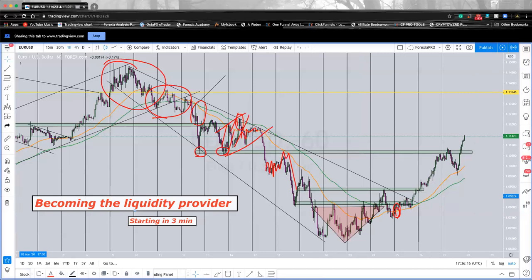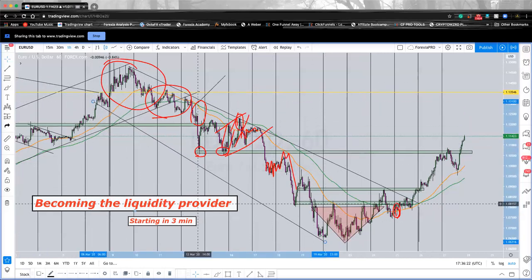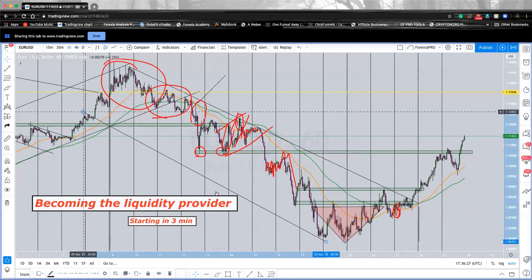How do we predict the next move? You predict the next move by finding the traps. Who's getting trapped and what is the direction? Like buyers or sellers. When you find that a trap is happening, you see 1, 2, 3 days price below this level on a downtrend, not moving down, staying down here, keep rejecting these zones. So you know sellers are becoming trapped. You know price might go up.